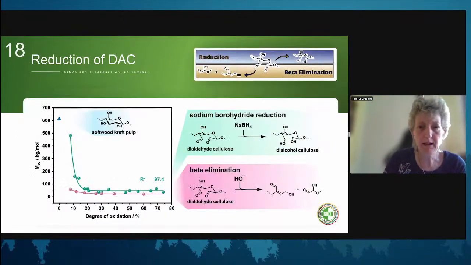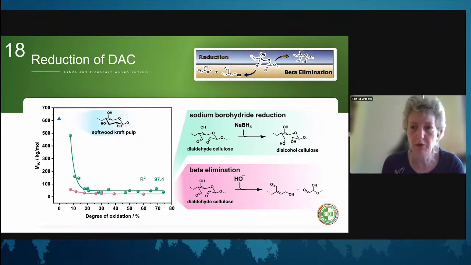It's a little bit more complicated for periodate. The problem is that in sodium borohydride reduction, we do that under alkaline conditions. Otherwise, borohydride would not be stable. So the pH is around, let's say, 10. So we have an alkaline environment, and we have a reductive environment. And now beta elimination due to the alkalinity and reduction proceed at the same time. And the question is just, who's winning? So what is faster?